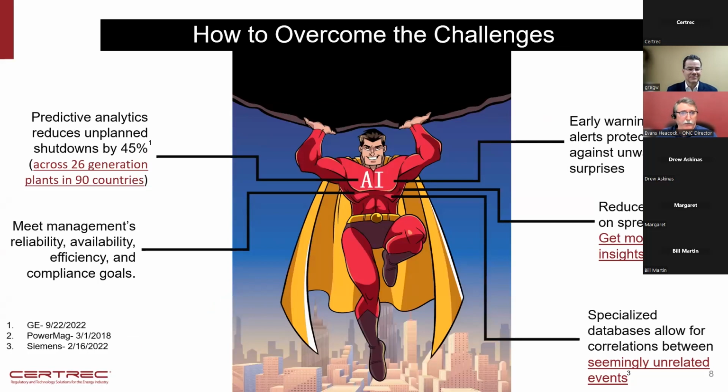So how to overcome the challenges. Our person there is Super AI Man. He's holding up the world. He's holding up your plant. And so we want to use that to the best of our abilities. You know, analytics is a huge